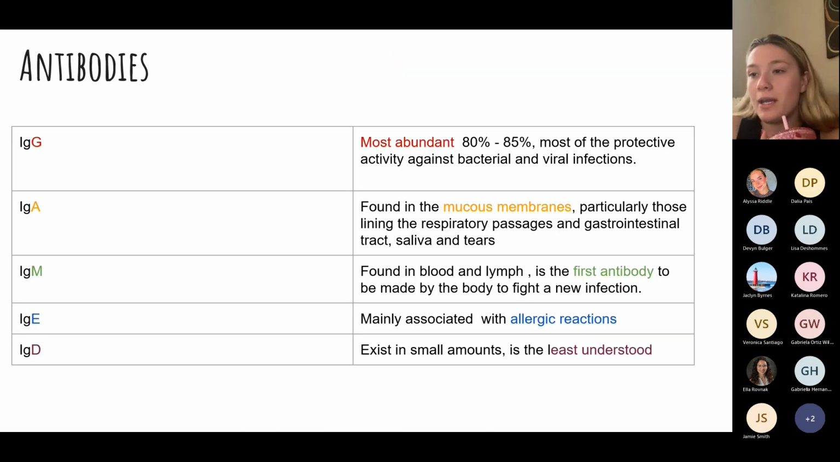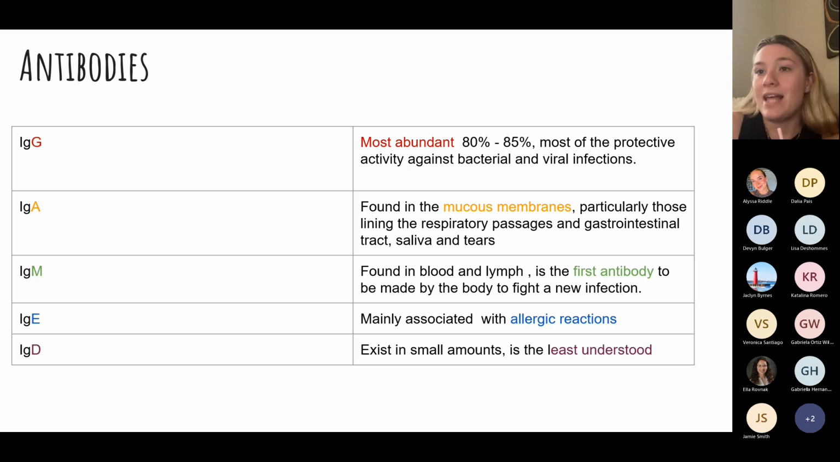So for our antibodies, a mnemonic I like to talk about is game day, GAMED. Our G's are our most abundant. That's what I would remember. Our A's are more of our mucous membrane, saliva, tears. What I want you guys to know about IgM,